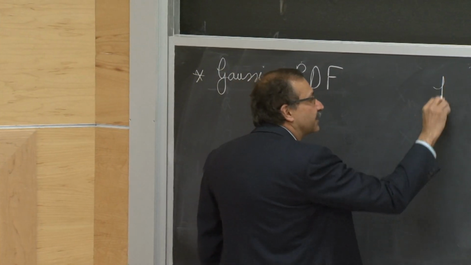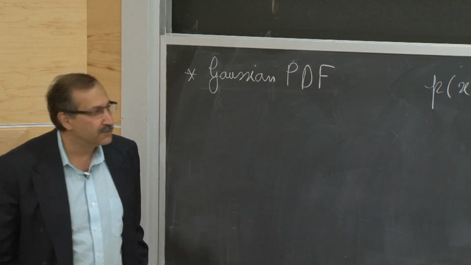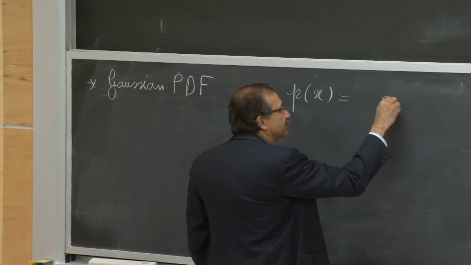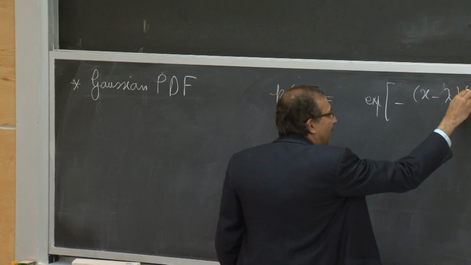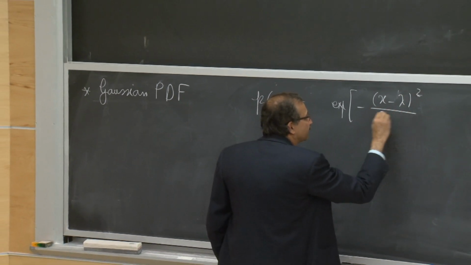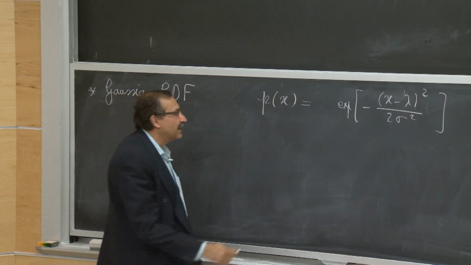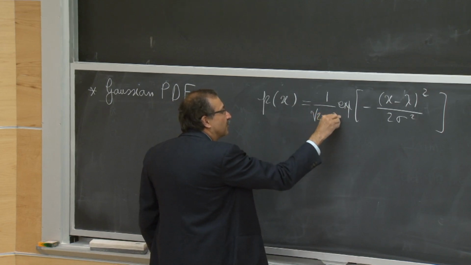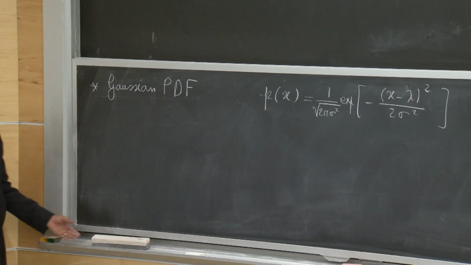We're focused on a variable that takes real values in the interval minus infinity to infinity, and the Gaussian has the form exponential that is centered around some value, let's call it lambda, and has fluctuations around this value parameterized by sigma. And the integral of this p over the interval should be normalized to unity, giving you this